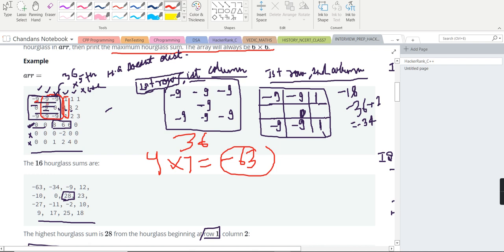Because this is for the second column, we have to count the same way as in the previous one. We will consider the first column, second column, third column, and from the second row this is the first column, this is the second column, so we will take care of the second column. Now from the third row we will take minus 9, minus 9, and 1. So likewise we will get the sum minus 34.